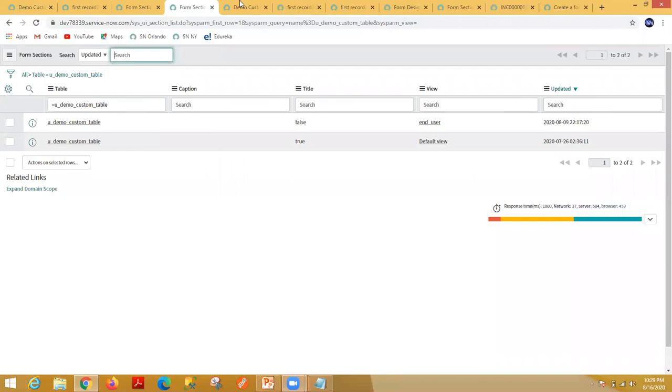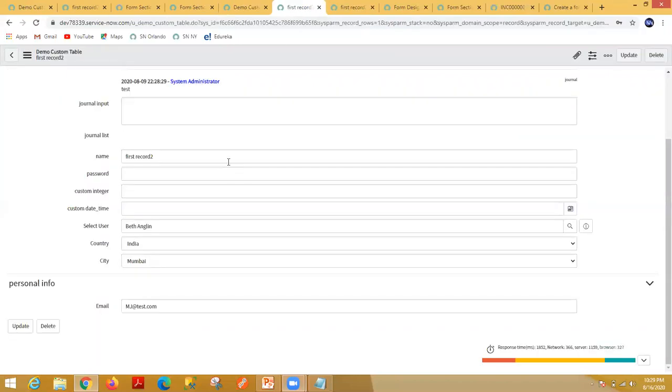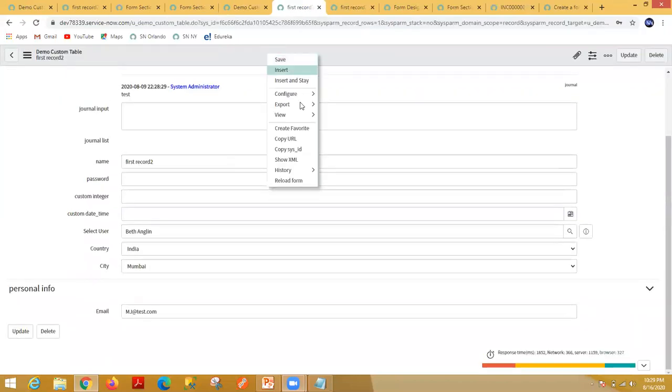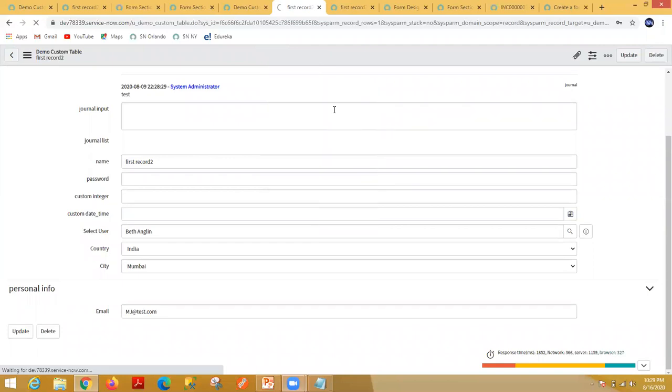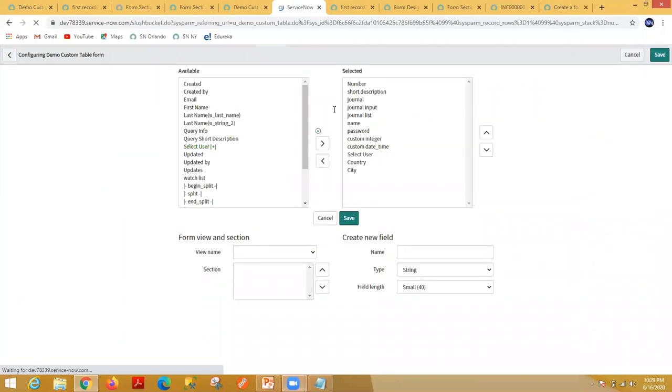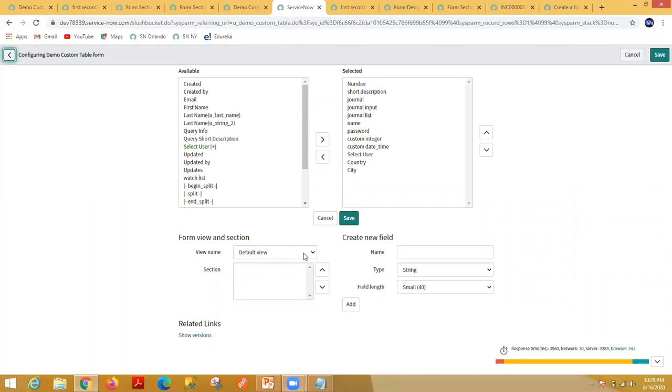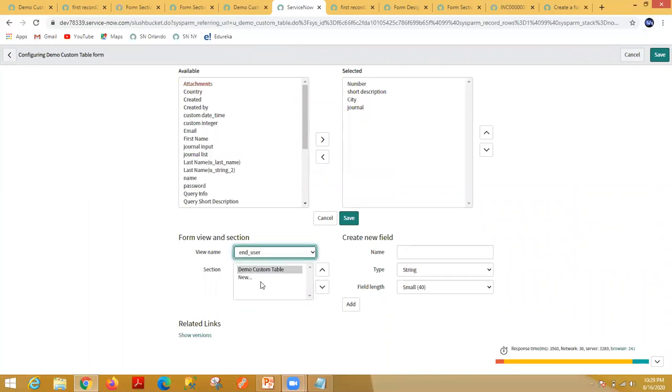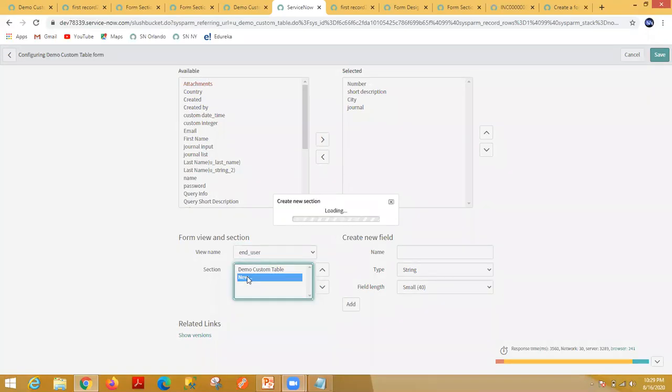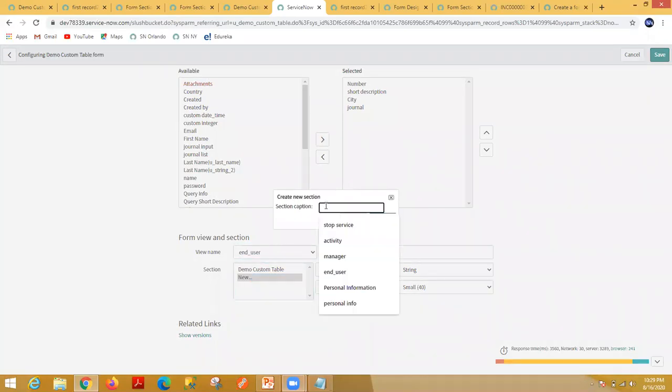Let's say I want to create one section in the end user view. What I can do is configure form layout. Instead of selecting the default view, we have to select the end user view. It will show you only one section. Now if you want to create a section here, let's say end user view section.